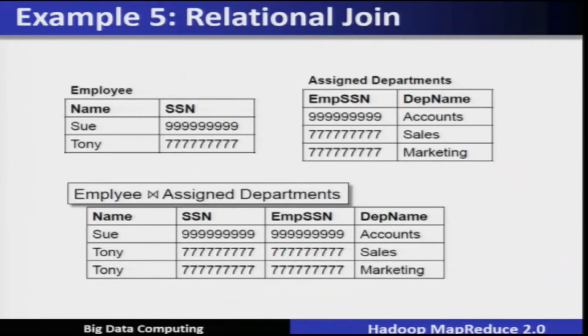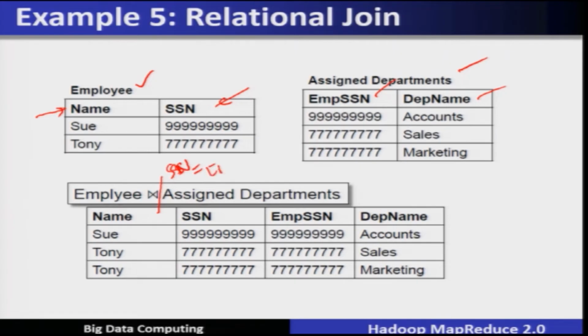Now, we will see how we are going to perform the relational join operation using MapReduce. By relational join, let us understand this example, and then we will see how that is done using MapReduce. Let us say that employee is a table having the attributes name and its SSN number. Similarly, another document which is called assign departments, here we have employee SSN and the department name. Now, if you want to join on employee and assign departments,